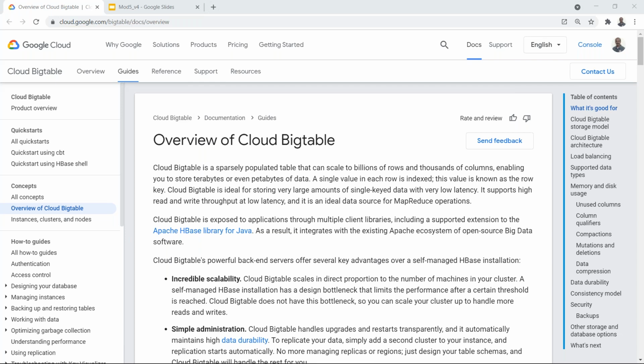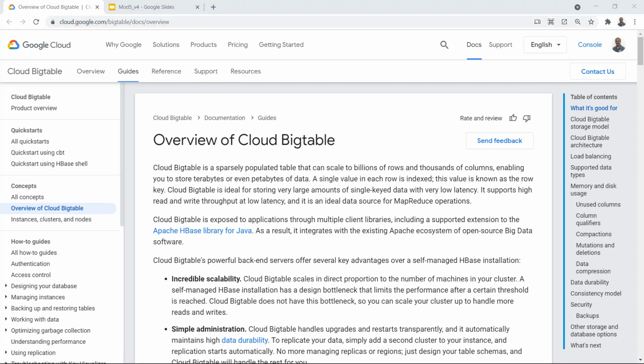There was one question yesterday on Bigtable column level security. I was just looking into the documentation, and as I had mentioned yesterday, as per my understanding, I don't think there is something. So I guess it is confirmed. I just looked into the documentation. So if you just go to the